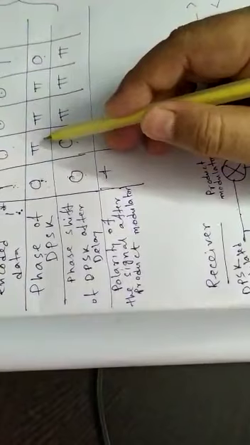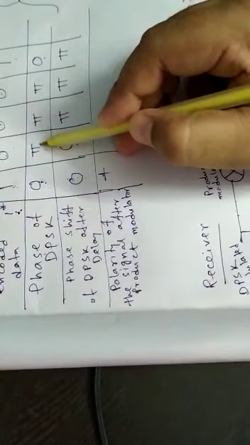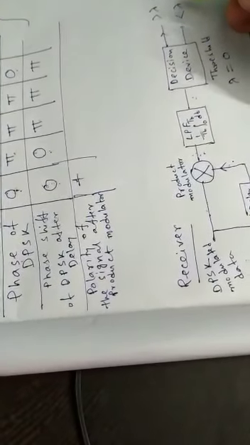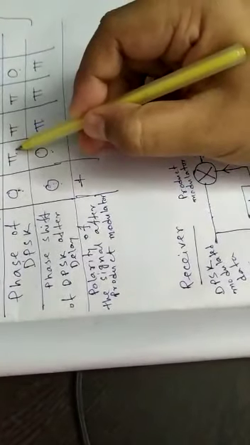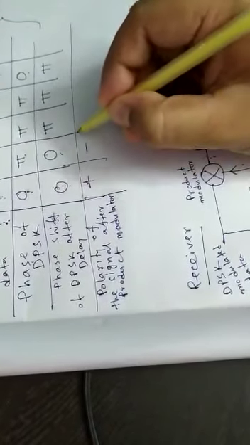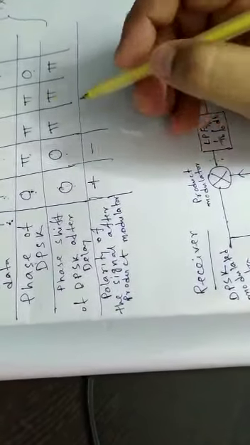So now if you multiply pi, meaning minus Ac cos omega ct, with Ac cos omega ct, you will get minus Ac square cos square omega ct here. That means you will get minus Ac square by 2, and the decision device will decide the received signal is 0. So when you multiply pi with 0, that means minus Ac cos omega ct with Ac cos omega ct, you will get minus Ac square cos square omega ct.